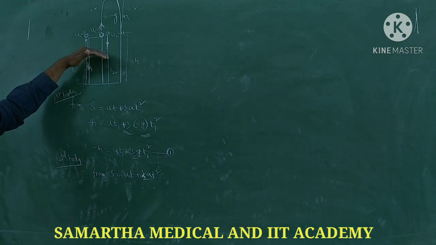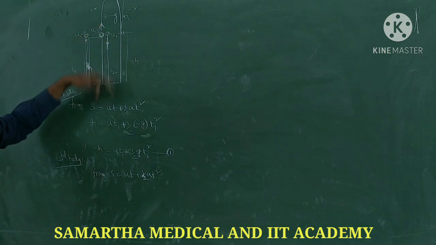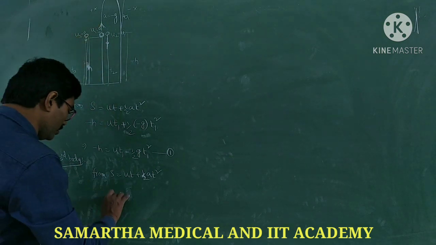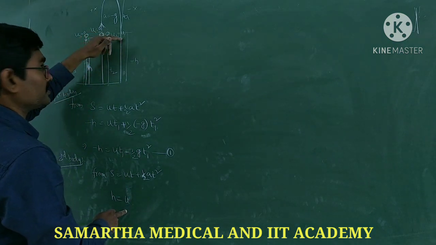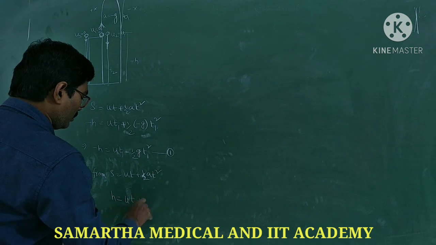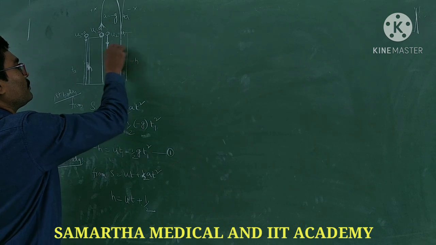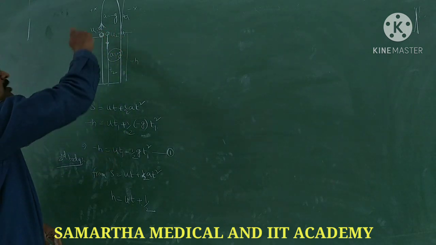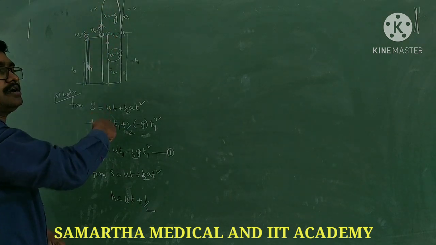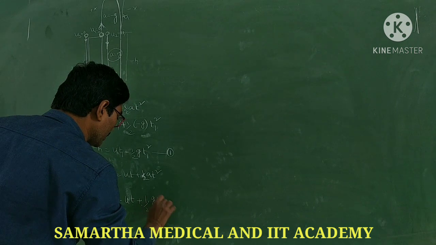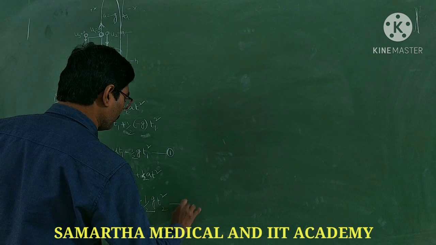One minute. Previous case, net displacement. Here, the distance covered is s equal to h only. So h is equal to ut plus half a t2 square, where u2 is u. While it is coming down, a is equal to plus g, because it is thrown down. In the previous one it was thrown up, so that was minus g. Now it is coming downward, so plus g. So h equals ut2 plus half g t2 square. This is equation number 2.